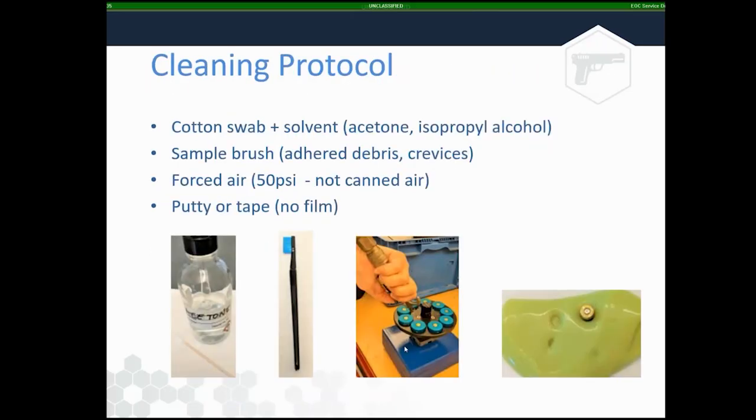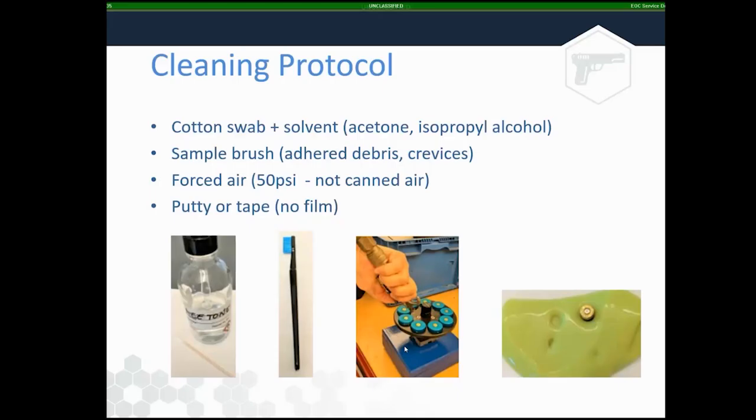Our cleaning protocol currently is, initially, a cotton swab and a solvent. We typically use acetone, which is fine. Some people don't want to use acetone if it's going to immediately go into something like Cadre, where the gel is going to touch. But for us, we have so many steps after the acetone that it's not a big concern. So after the cotton swab and solvent, making sure obviously to get all that removable debris and potential biological